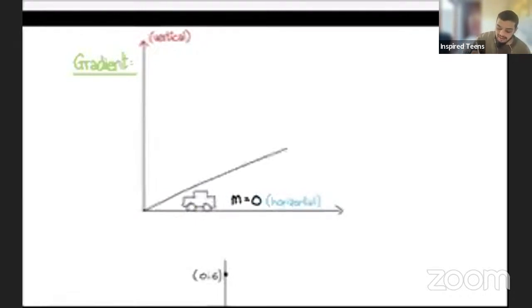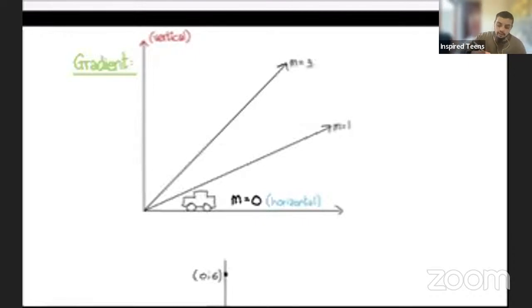Then when we start adding slope, now the gradient starts increasing. Perhaps this has a gradient of 1. Then we can increase it a bit more. Maybe this has a gradient now of 3. These are not exact values, they're quite incorrect, but they're just examples. Then let's say this has a gradient of 10, right? We're going up and up and up. Then as we go up, it increases: 10, 11, 12, 13, 14, 15,